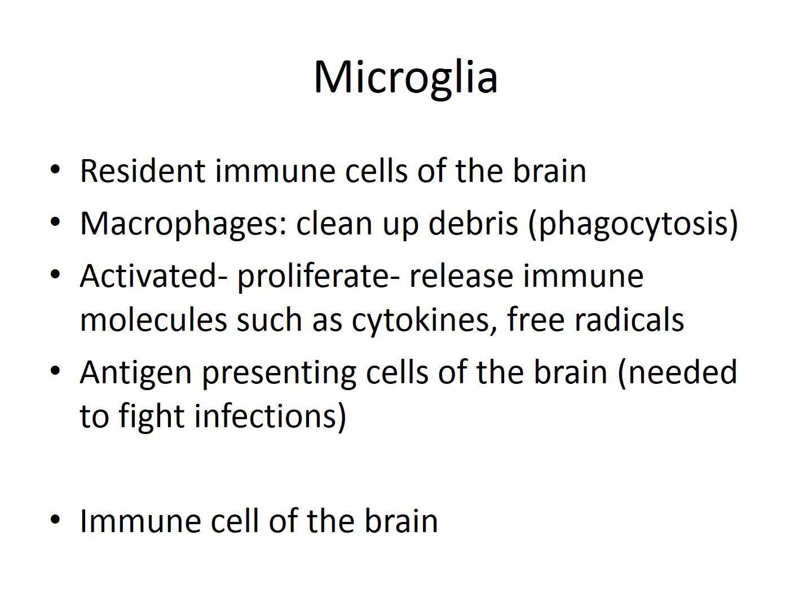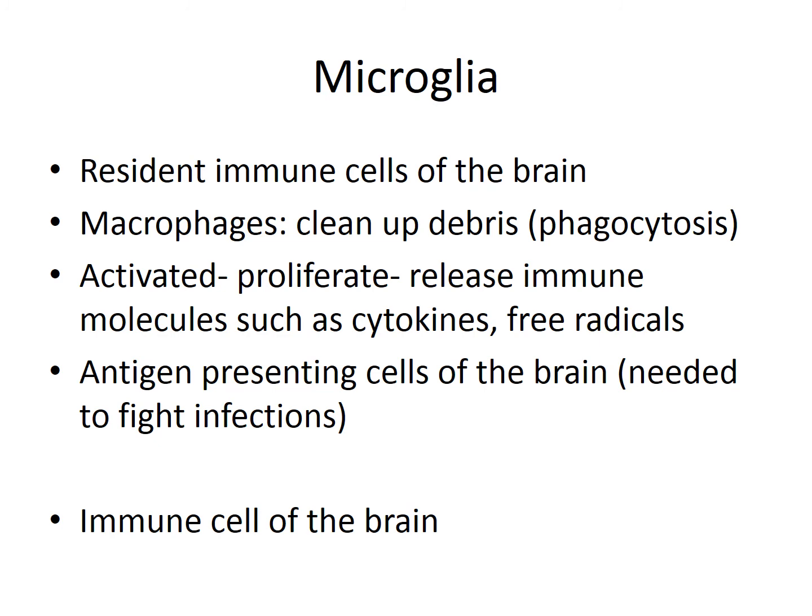So we have our own immune system in the central nervous system, and the microglia are the major cells involved in immune function. Immune function can mean a lot of things, and you'll have a whole class in immunology. But the immune cells clean up debris by chewing it up and eating it, phagocytosis. So if you did have some cells die, microglia can come along and engulf that debris left behind from dead cells. If you have some sort of an infection or a toxin or some other event,